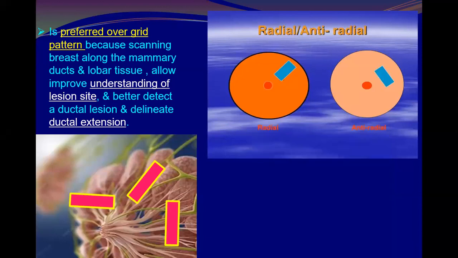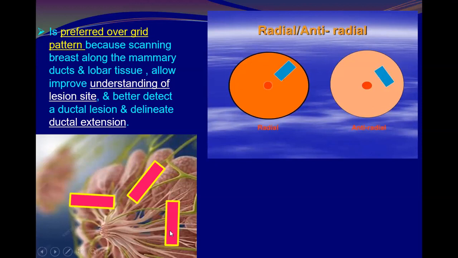I said the radial is more important than the grid technique. Why? Because it aligns along the axis of the mammary ducts and lobar tissue. And the lesions in the breast arise mostly in these areas. So it will allow us to understand the lesion sites and delineate its extent along the ductal system. And if you look here at the transducer, this is the radial. You got it? This is the radial along the ductal system, while the grid is either transverse like this or